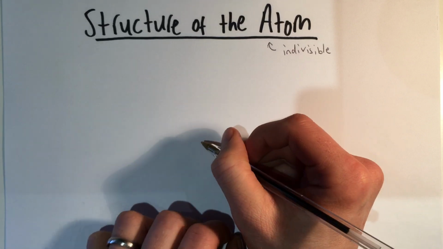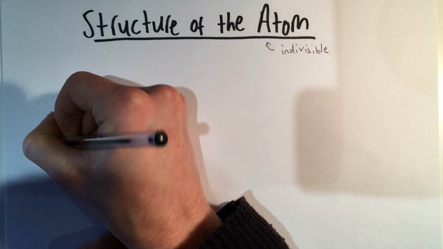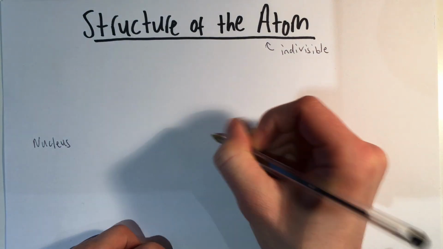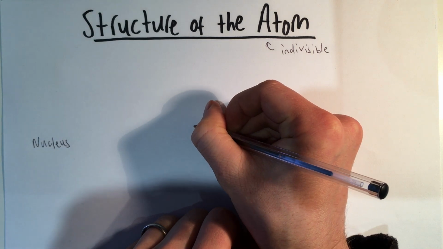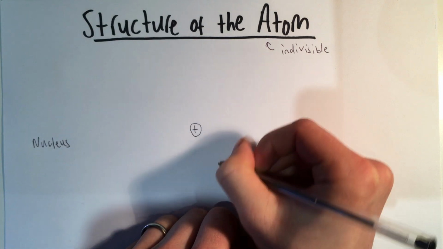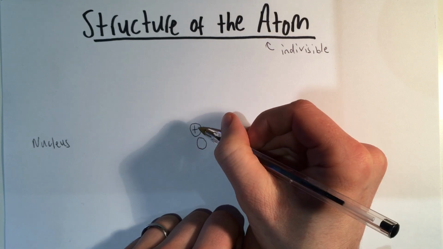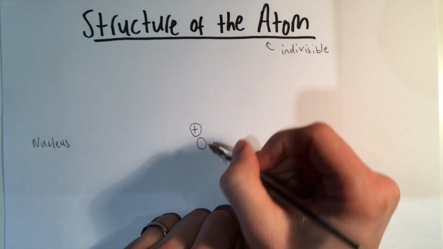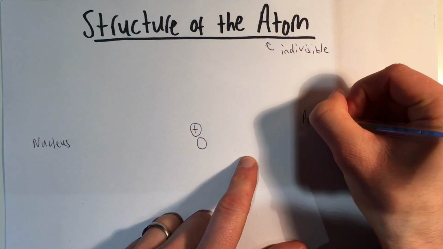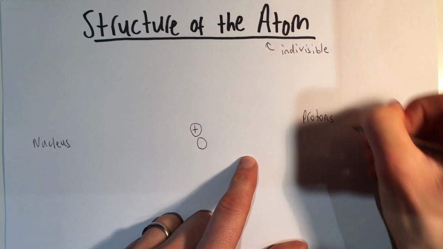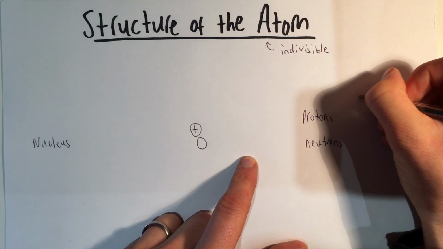So we know that within the atom, which is tiny, we've got a nucleus. The nucleus is in the middle, and it contains protons and neutrons. Overall, the nucleus is positive because the protons have a positive charge. So if I get labelling, protons and neutrons, and then in terms of charge,